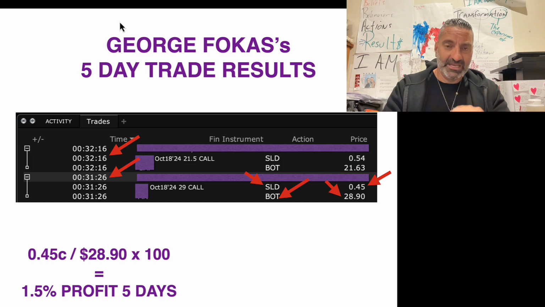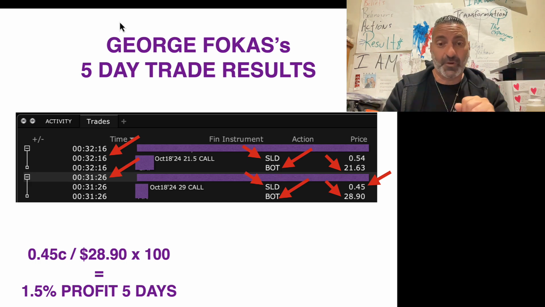The second trade, if you look at the time, 32 and 16. So 00, 12 o'clock midnight, 32 minutes, 16 seconds. So within 2 minutes and 16 seconds, this order's gone in. BOT bought the stock for $21.63. Again, $21,630 in the market. I did a contract which we sold to the market for 5 days and paid me